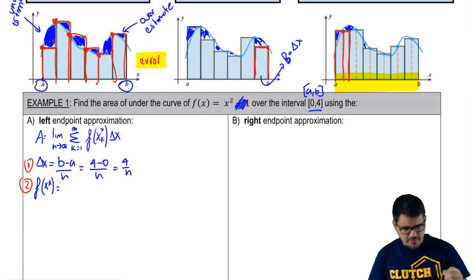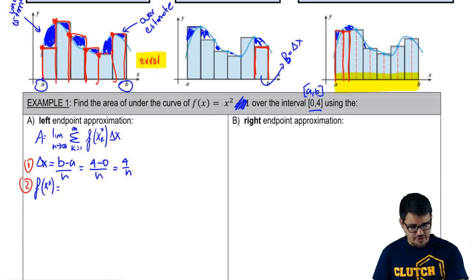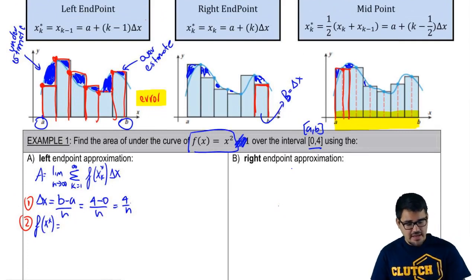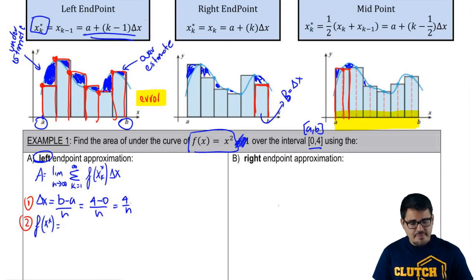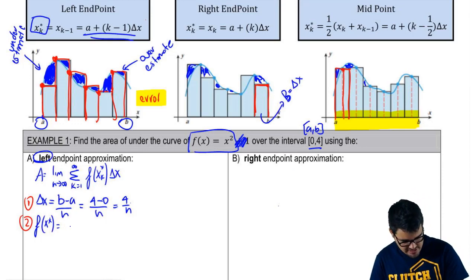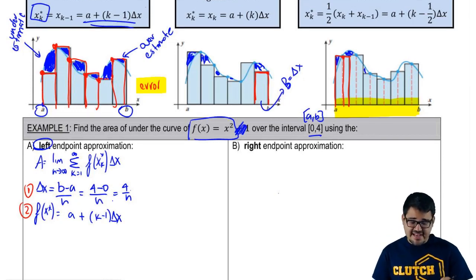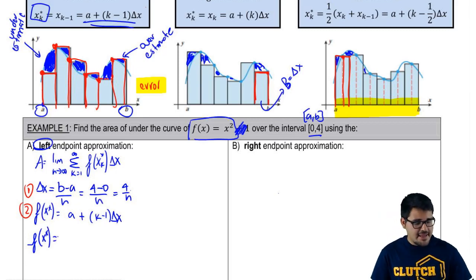And what I'm going to do there is plug my xk star into my actual function, right? And that's where the actual type of approximation comes in. I'm doing a left endpoint approximation, so I need to use this xk star. So I need to use a plus k minus 1 times delta x. So I need to actually use my delta x in my xk star, so that's why I compute it first. So if I start off with plugging in my a, which in this problem is 0, so I have 0